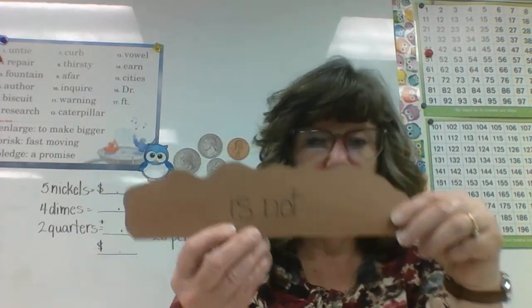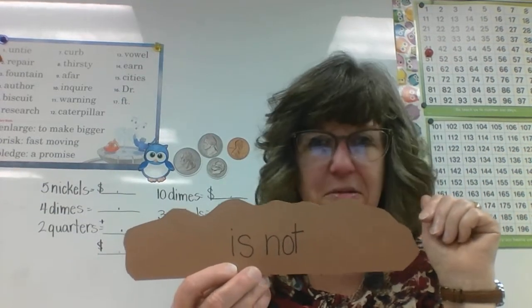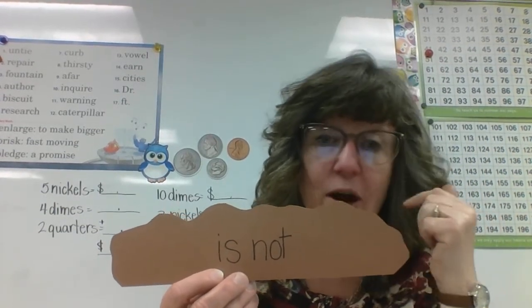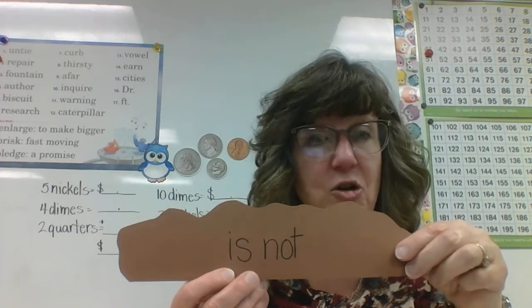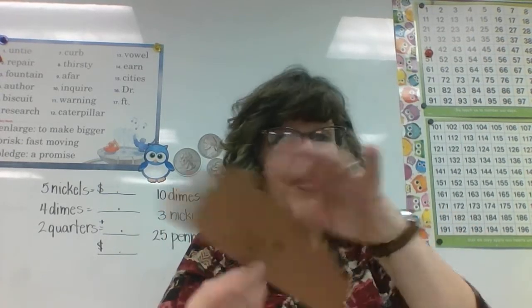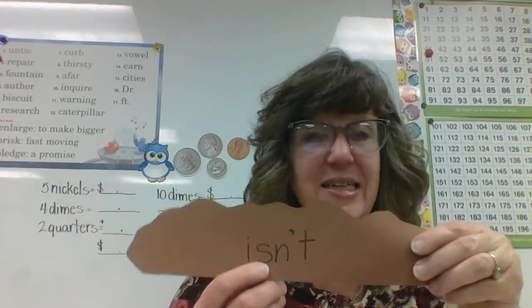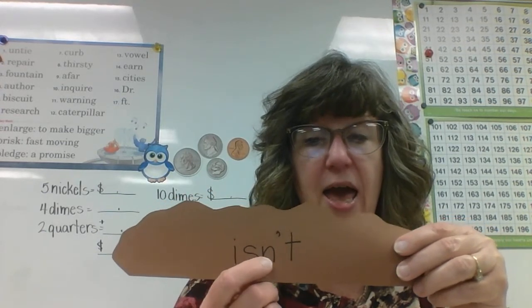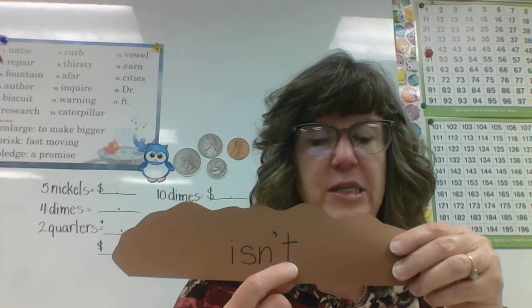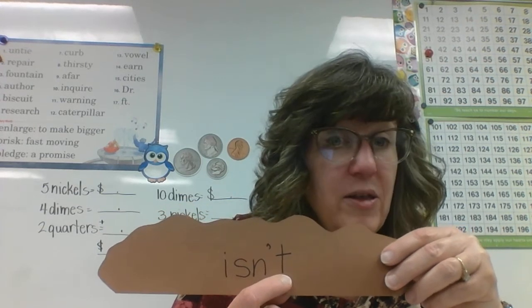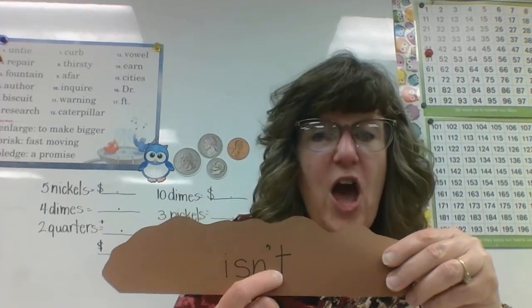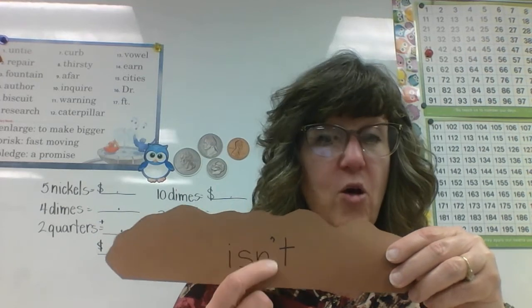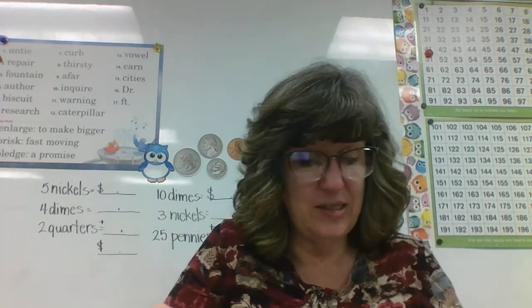Here we go. The next one, it belongs to Kendall. Okay, Kendall. Is not. You got this. I heard you say before I even asked you for it. Is not is going to turn into, yeah, that's right, isn't. Isn't this a fun game? What letter did she take out? I-S-N apostrophe T. What letter? Kendall, say it again. Yeah, that's right, the O. And O's gone. Put the apostrophe there instead.